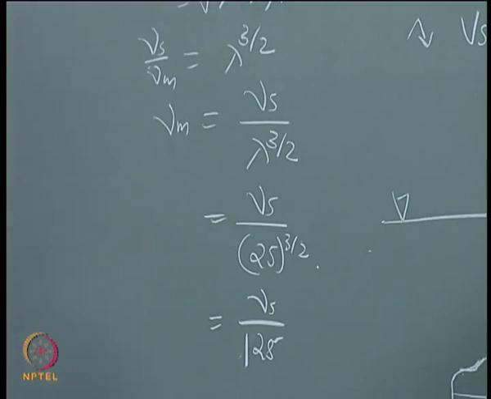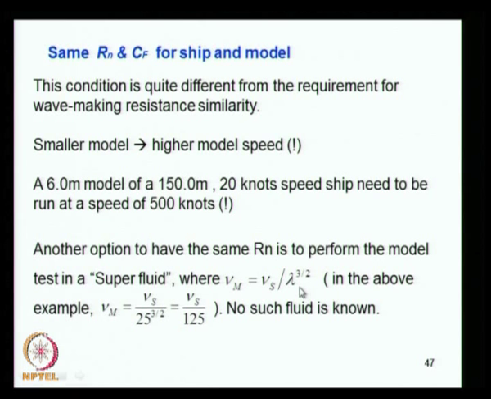So you can meet a Reynolds number if you use a fluid in the lab condition which has a kinematic viscosity equal to 1 by 25th of that of the water, sea water, which there is no such fluid, and hence again meeting Reynolds number from that perspective is also not possible.